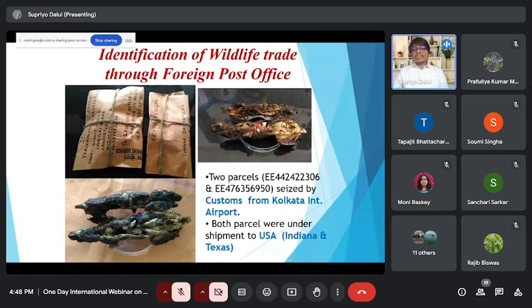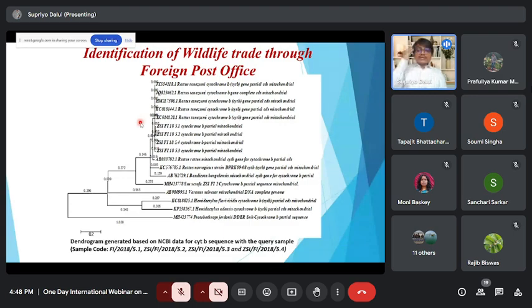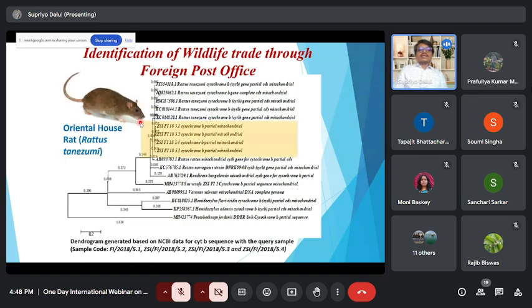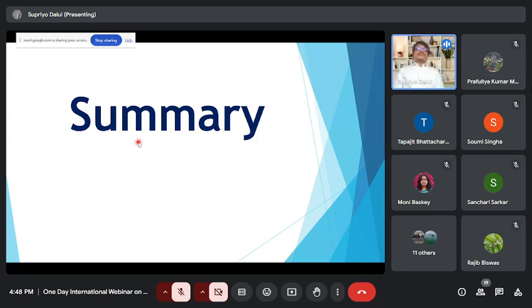So 2 parcels were seized by customs from Kolkata International Airport, and both parcels were under shipment to USA. So এই দুটো parcel যখন Calcutta airport এ seize করা হয়, they found that there were burned meat samples inside these parcels. So they sent them to us for identification of the samples, and we did the molecular genetic analysis to find out, and it was Oriental house rat. So the meat samples belong to rats, which was quite surprising. But this is how wildlife forensics helps. So to summarize everything,